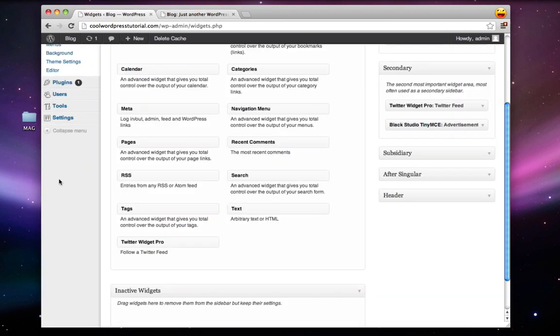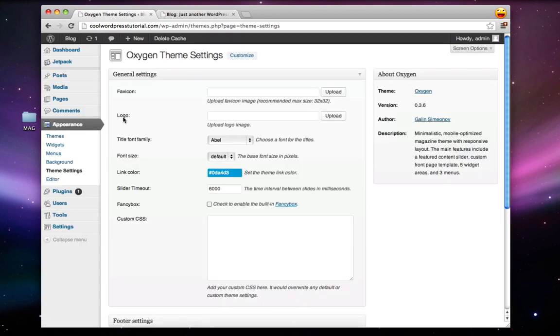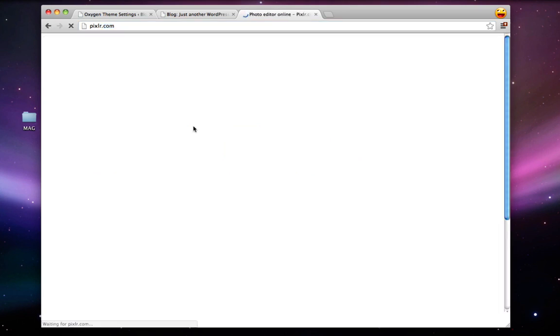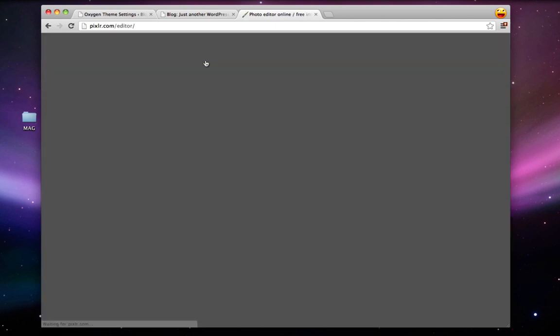So if you already have a logo, you can just go to Theme Settings, under Appearance, and right here where it says Logo, you can click Upload and upload a logo. If you do not have a logo yet, I will teach you how to create a simple logo real fast by going to pixlr.com, clicking on the Pixlr editor,